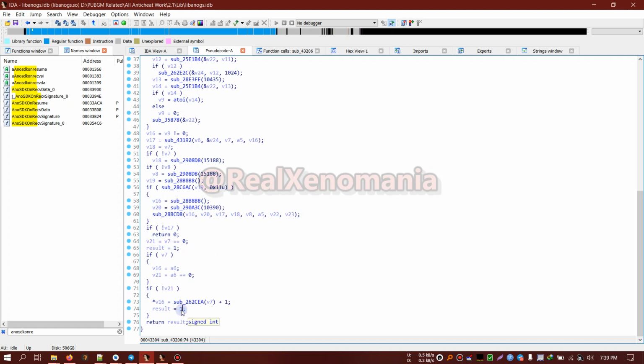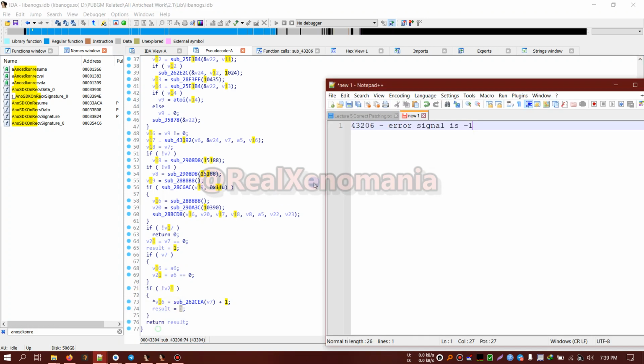If we return 1, it is also going to be a problem. So there are 3 error signals here: 0, -1 at the start, which is a severe error, and then here we have 1, it is like a less severe error,